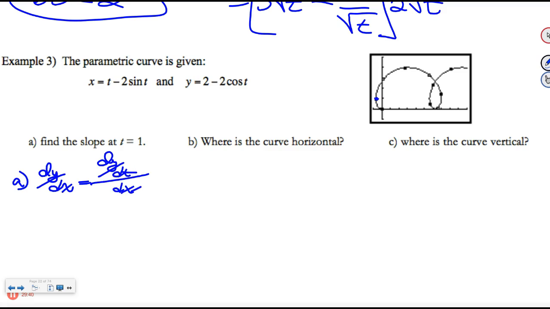You'll need your calculator, by the way, because you're going to be plugging 1 in. If you're in physics, make sure you get it back to radians. This means 1 radian, not 1 degree. I don't know what sine or cosine of 1 radian is. It's not on the unit circle, so